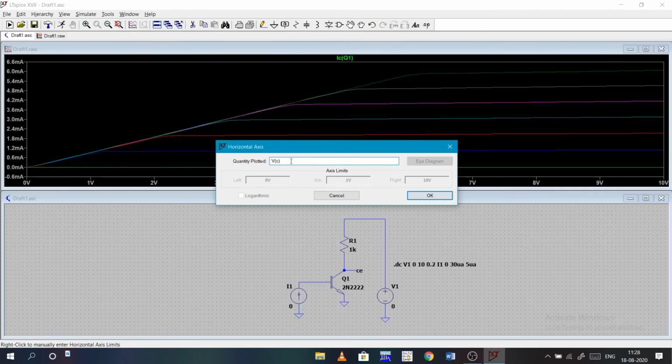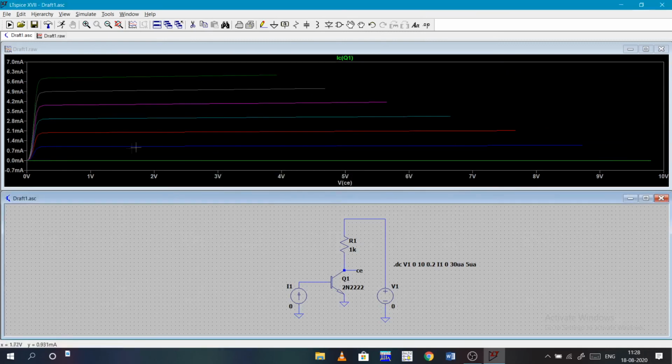Because we take the values from the common emitter point, I will change the graph label to common emitter. See, previously the graph points were for V1 and I1. Now it is for VCE and I1. So this is how we can do it.